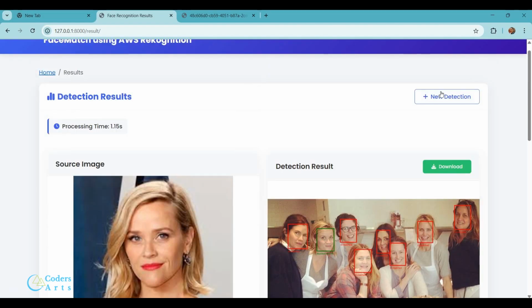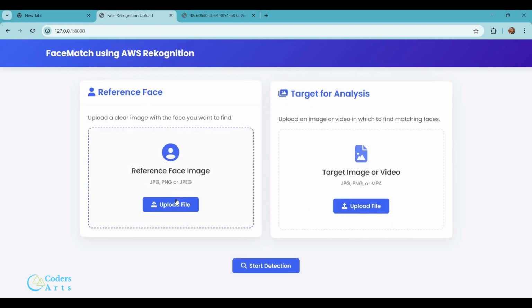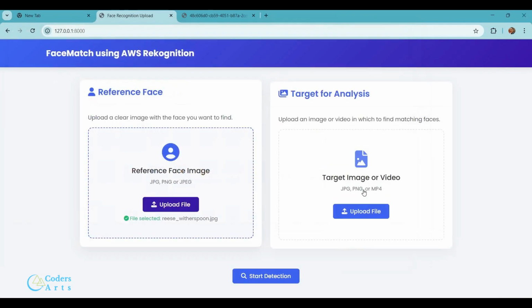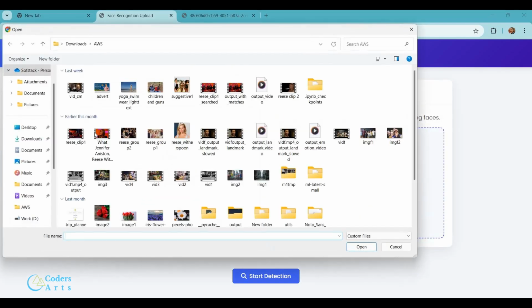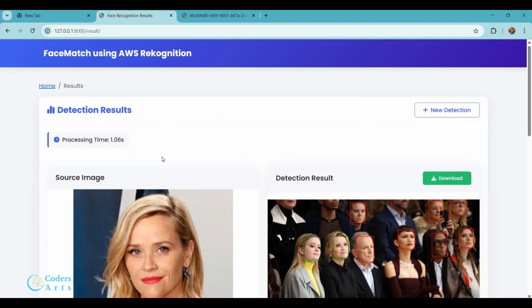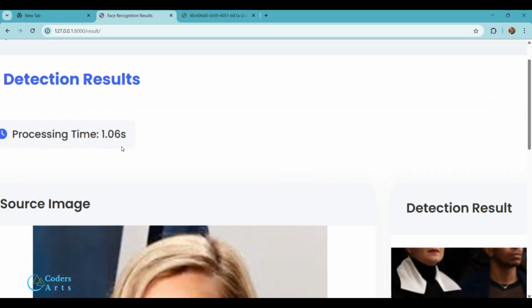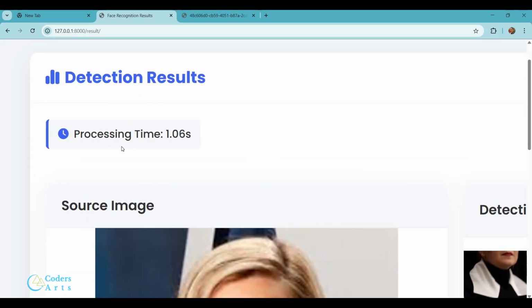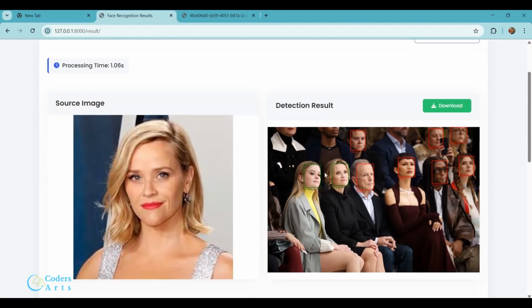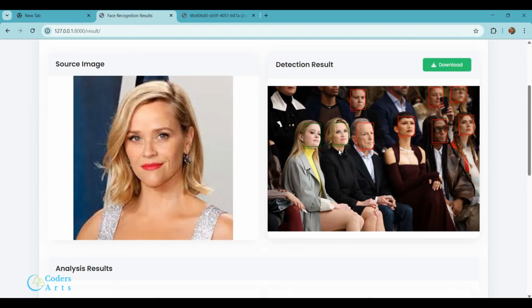Let's just try out another image. Again, we'll use Reese Witherspoon as a reference, but we'll have a new target image this time around. Again, the processing time is 1.06 seconds. We can say that it took only 1 second to find the match. And here you can see in this case